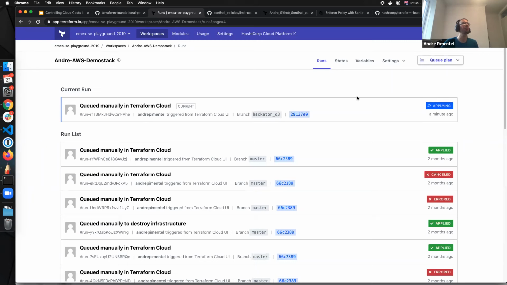So if you see here, my run list shows from the GUI the last 50 or 100 runs. But from the API, we can actually access audit trails from the start of the creation of that workspace. Another thing we can do from Cloud Enterprise integration with Splunk. So that will give you logical and very good insights using the dashboards from Splunk. So yeah, check our Terraform Cloud Enterprise Splunk integration, also pretty good.